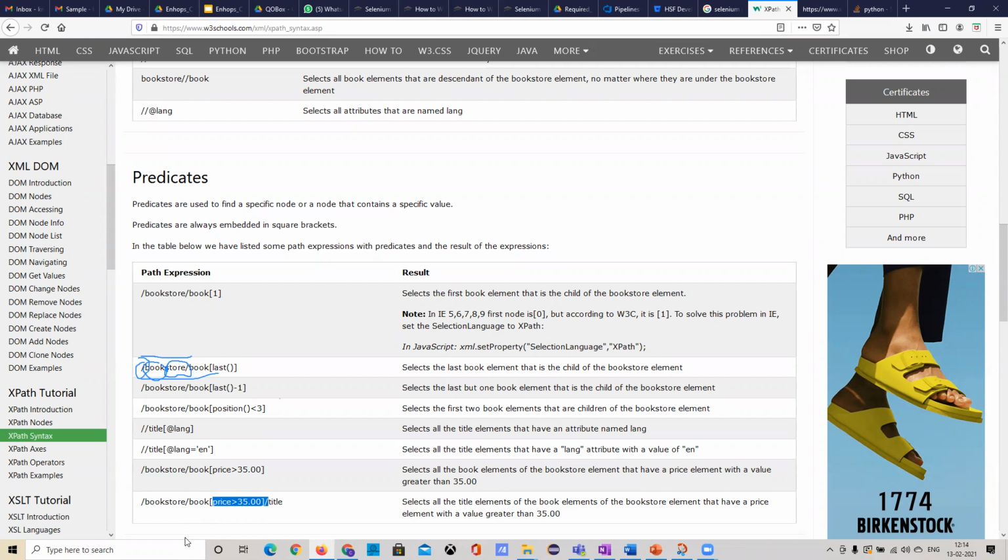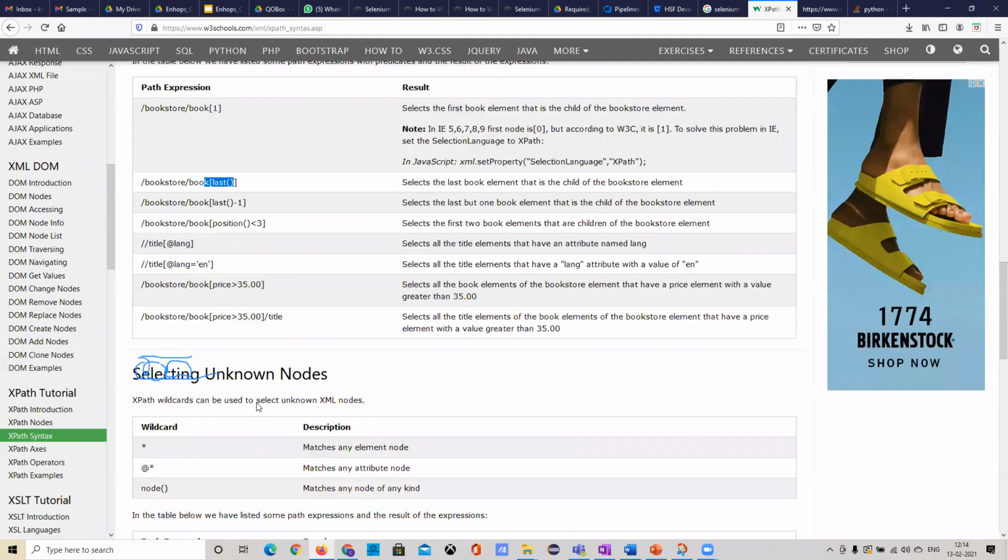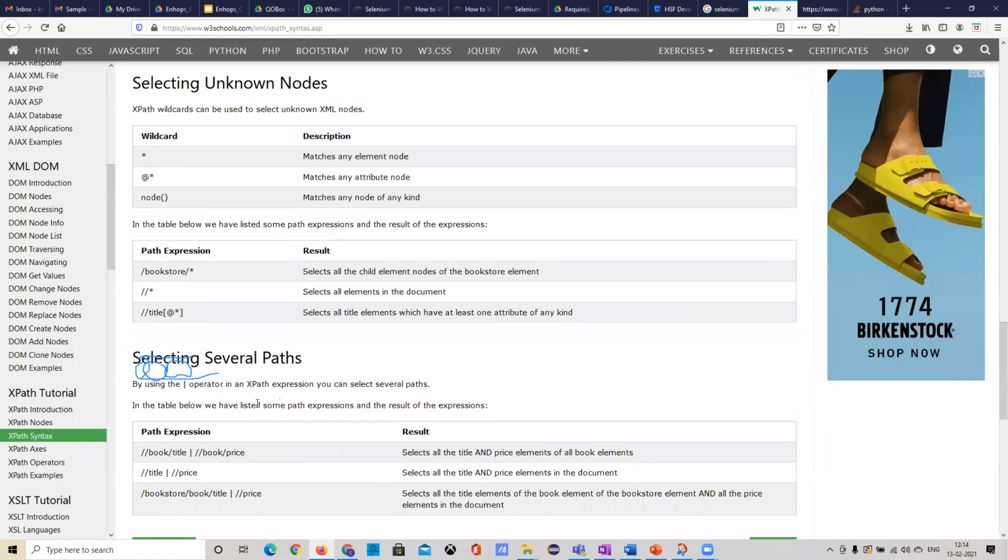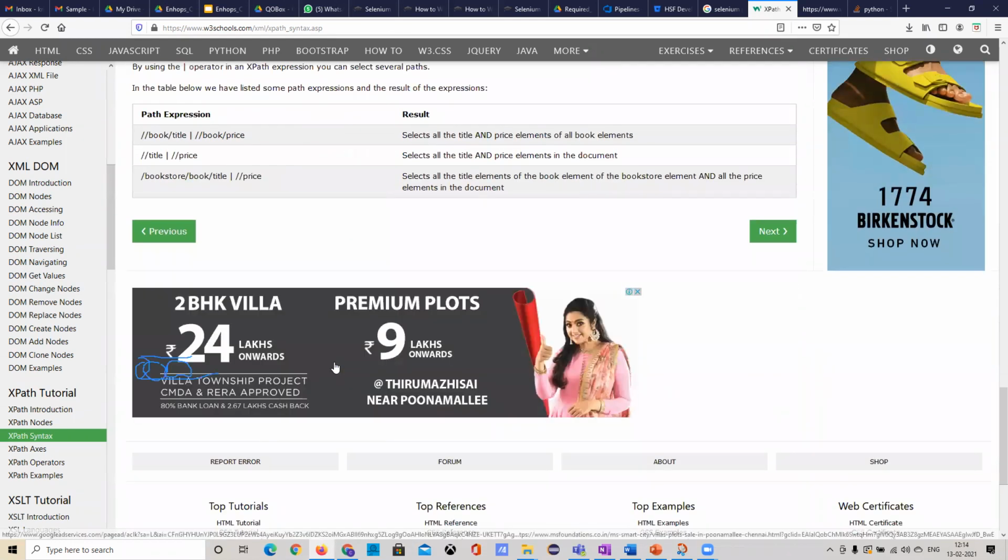In any of the tutorials, on any website, you can't see someone using these particular methods inside an XPath. That's why I'm saying it is really very important for you people to know this XPath syntax first. Then you go for creating the relative XPaths.